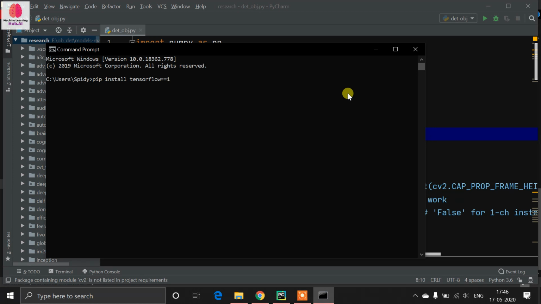My preferred version is 1.14.0, so install this TensorFlow. Now pip install numpy. After that, another library: pip install opencv-python. So you have to install these three libraries.